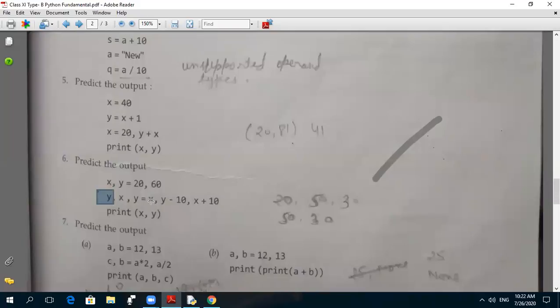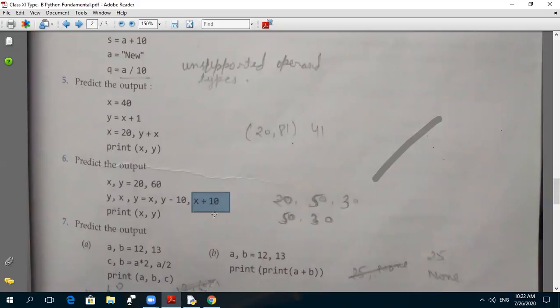Yes or no? Yes, sir. And this value, 50, will be stored in variable x. Yes or no? Yes. The second value goes to the second variable, and then the value of x plus 10.